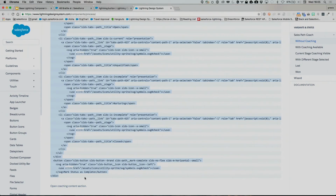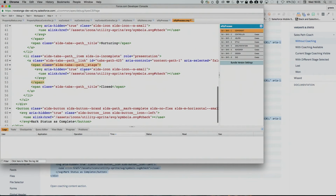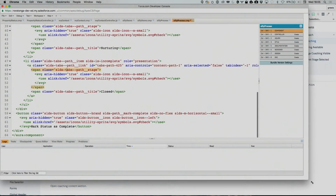And I'm just going to copy that text. Now, I'm going to head back over into my developer console. I'm going to do a quick paste. Now, this is fine, right? You should be able to save it and...